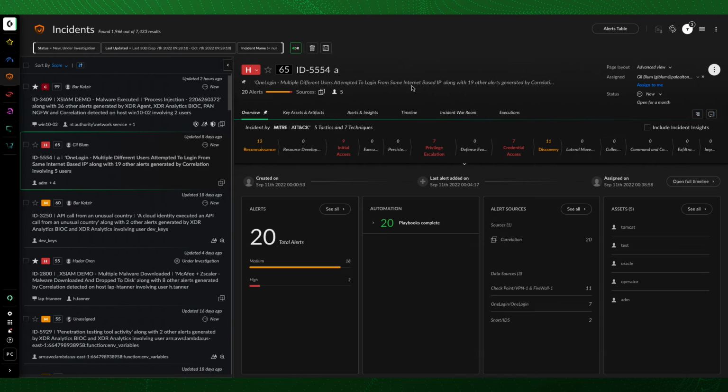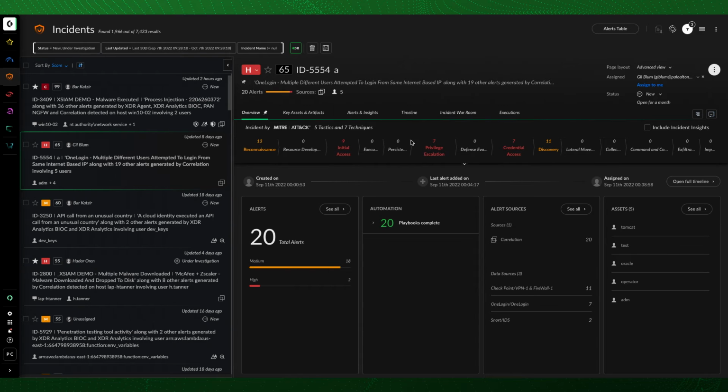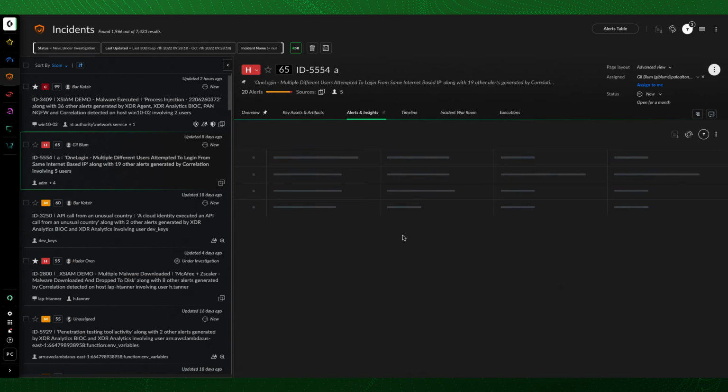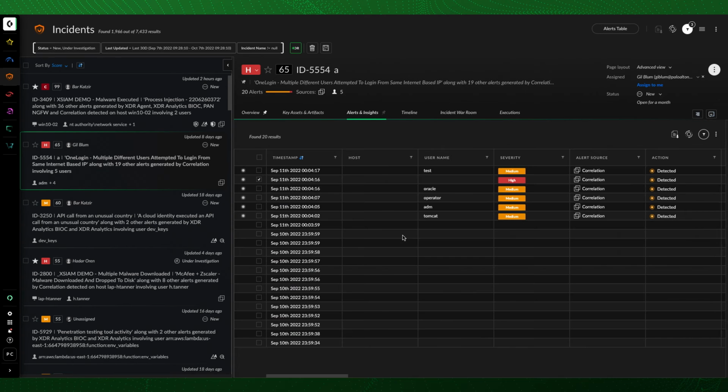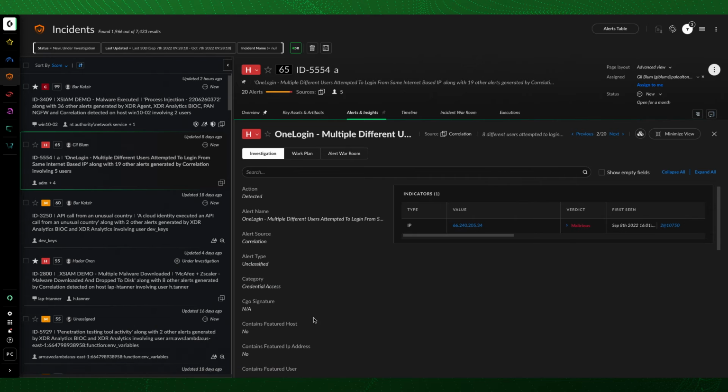If I go ahead and open up the name, so scans from one IP. I mean, this all kind of reads the same from a MITRE perspective. We've got active scanning, valid accounts, system discovery, brute force attempts. And we come down here and we see all of our playbooks are complete. So if we want to dive in and see what has occurred up to this point, we can see on the investigation side,